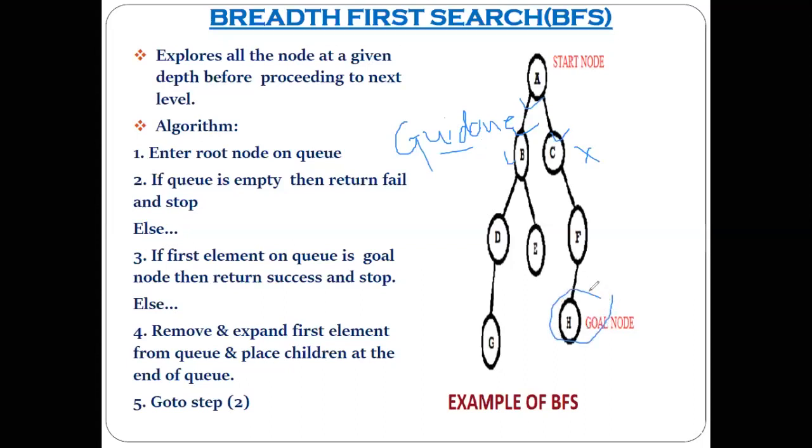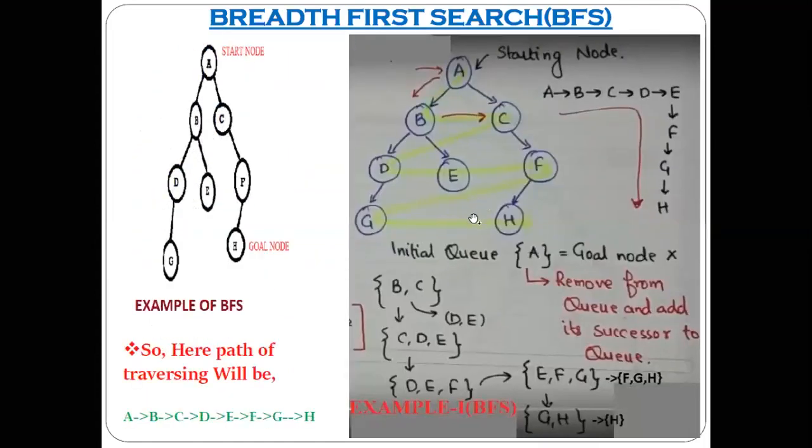And that is the reason these two algorithms and some more algorithms come under the category of uninformed search, which is also referred to as blind search. Blind is the better word, correct? Okay. So let's move to